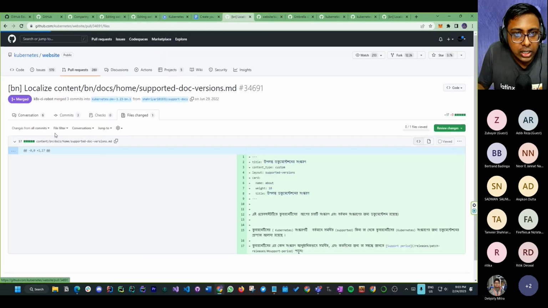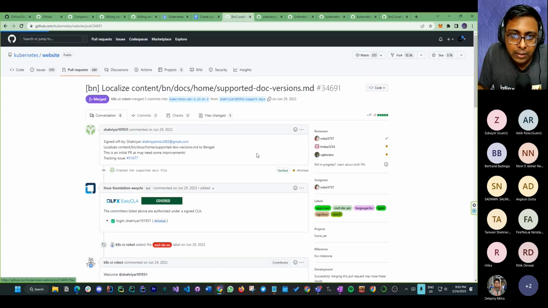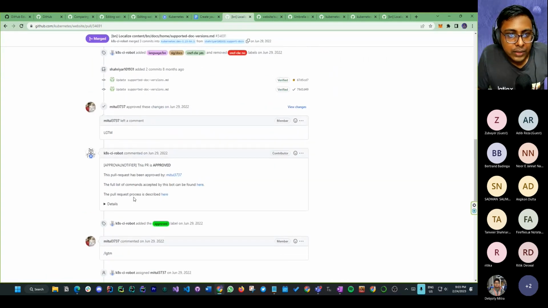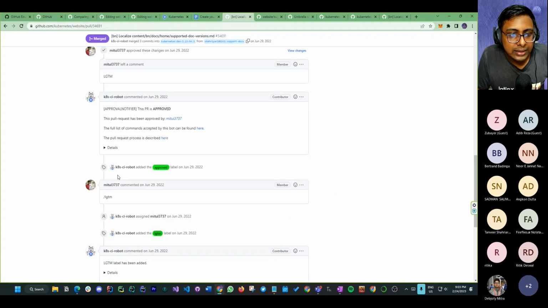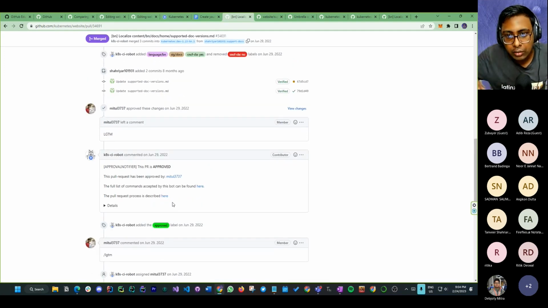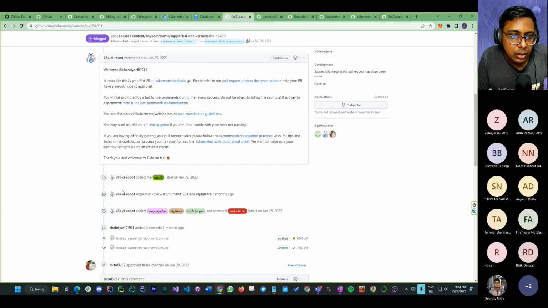So for our example purpose, we had this one, right? If you go to the conversation part, you can see, sorry, the file change, I think. So here we had just what commits. If you go to the commits here, sorry for that, you can see there were three, right? Updated, supported, and all of these created the supported docs. So there were three commits for this one. And here you can also see this one, 2, 3. Okay, so basically this is how it works. And after that, if I check all of these file changes, like what has been done, you can see 1, then 2 and 3.